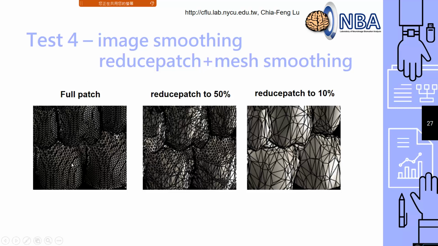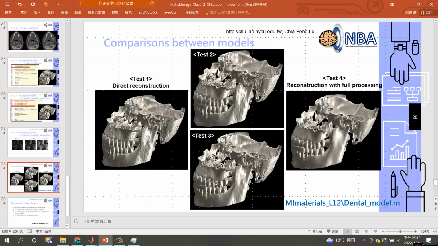If you use so many faces or vertices right here, it will give you too much information or too much detail. That means it may also contain too much noise within. So if you want to, again, improve the surface, you can also use a reduced patch, for example, reduce the patch to 50% or 10% right here. So you can see the code